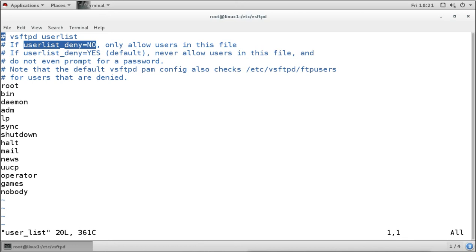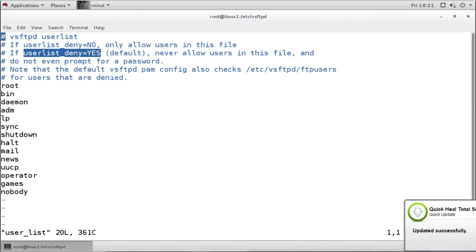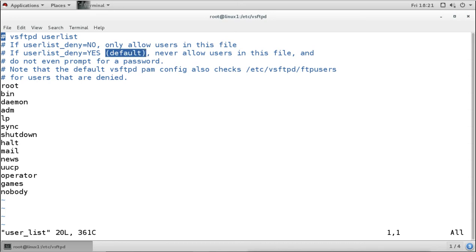There is another option, userlist_deny=YES. This is also not in the configuration file, but it is the default. So whether this line is in the file or not doesn't matter, because it is configured by default.